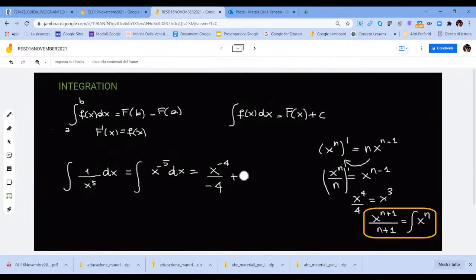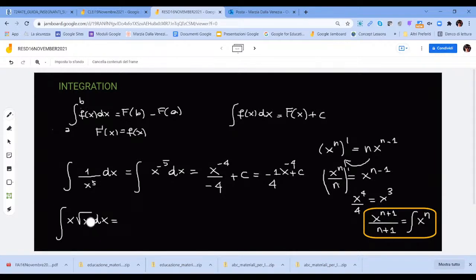Okay, that is minus 1/4 x to the minus 4 plus c. So this is a very simple type of integral, and normally you can see some exercise like this one